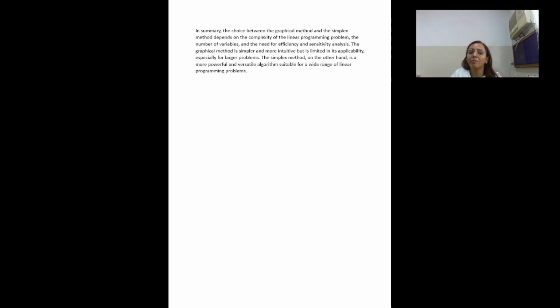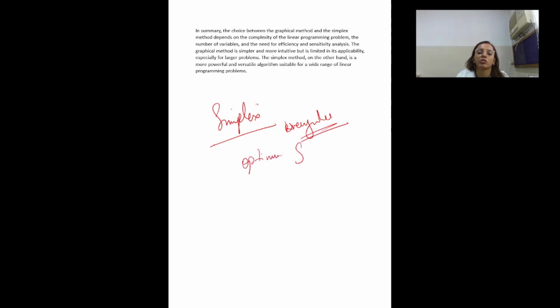If I'm talking about, ma'am, can we use the graphic method everywhere, the answer is no. We can't use the graphic method in every situation. We have got some limitations in the graphic method, but if I'm talking about the simplex method, yes, you can use it everywhere. And it can help you in getting your answer in an optimum solution, right? For upgrading yourself and finding out how we can use this method with the help of an Excel